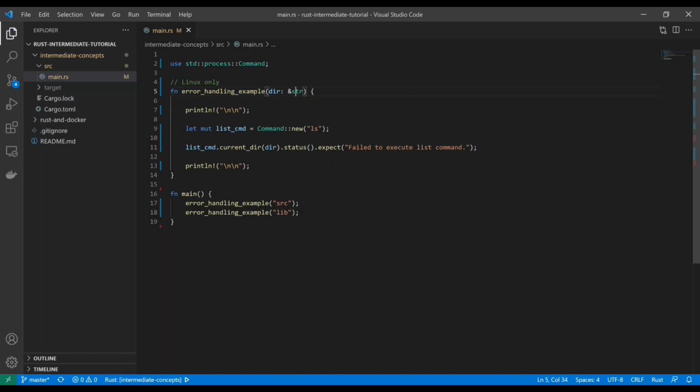So you saw in the last video that we just added expect to all of these because I talked about how this was going to be a result. And I've also gone over result in my beginner tutorial. But this is actually a shorthand way to execute a panic. So as we can see here,